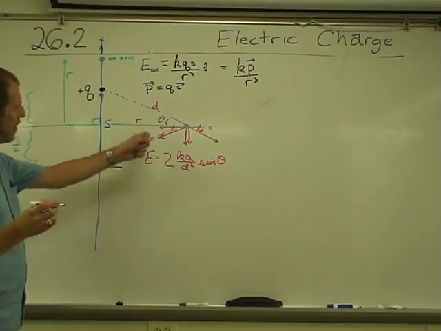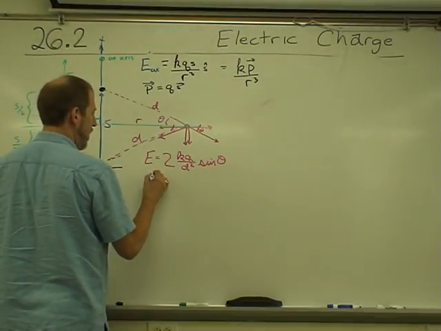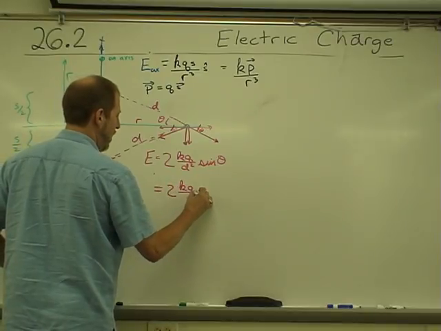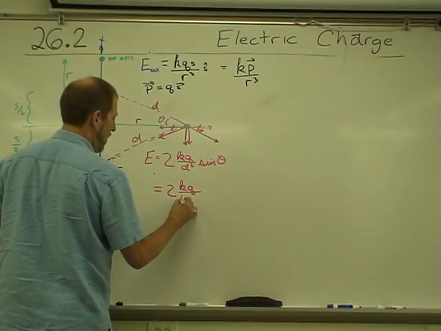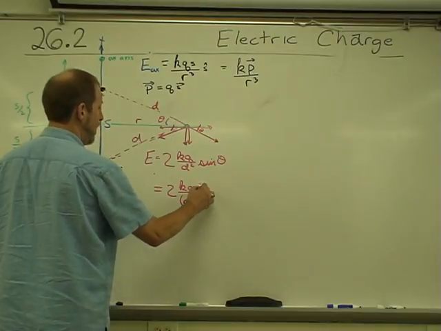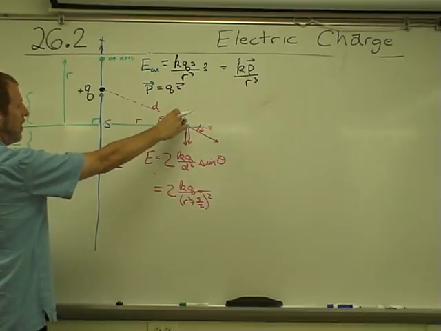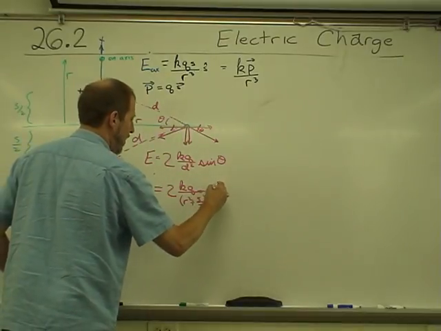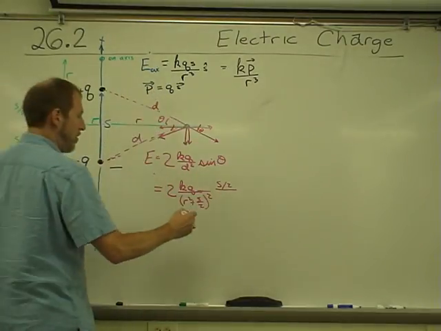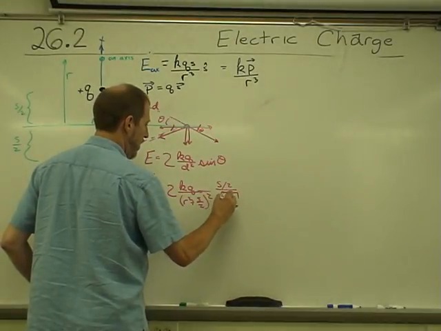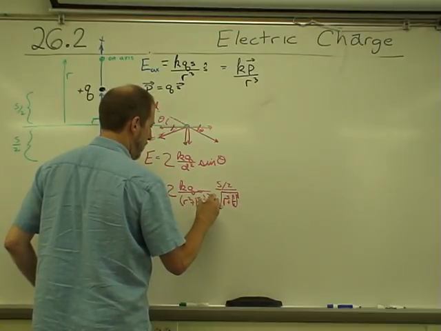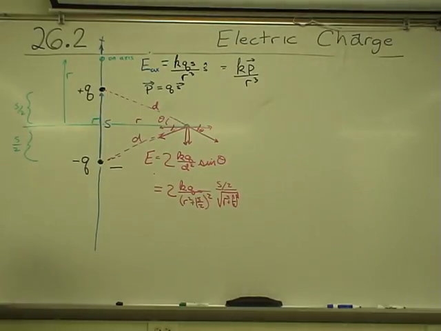and kq times r squared plus s over 2 squared, the distance, times the sine of theta, which is the opposite, s over 2, over the hypotenuse, the square root of r squared plus s over 2 squared,